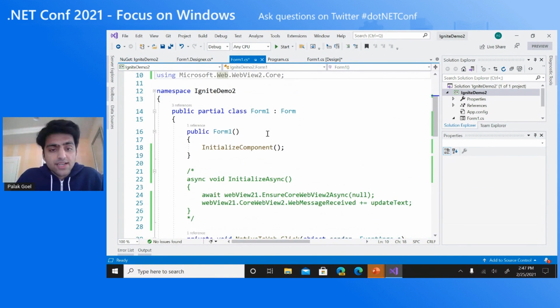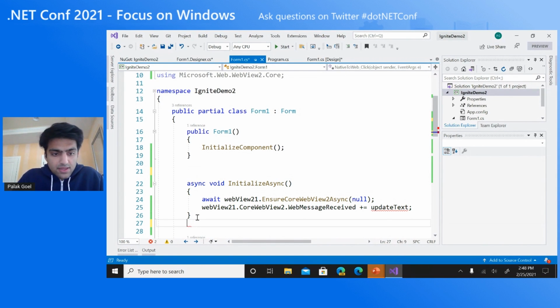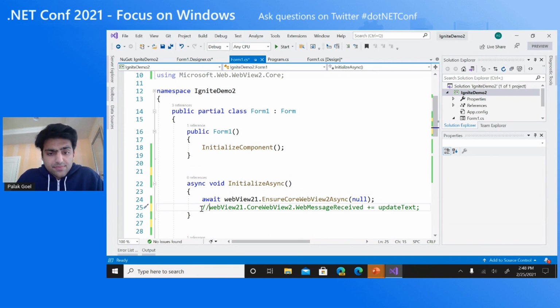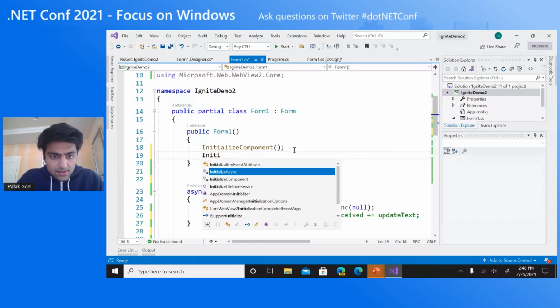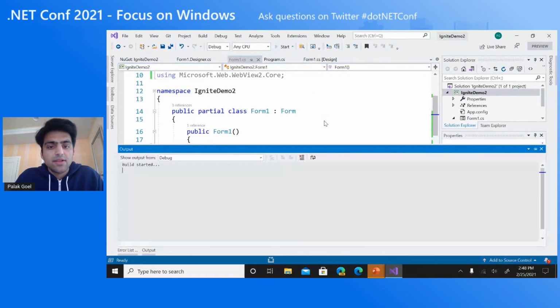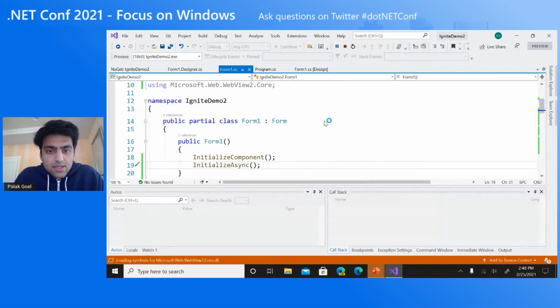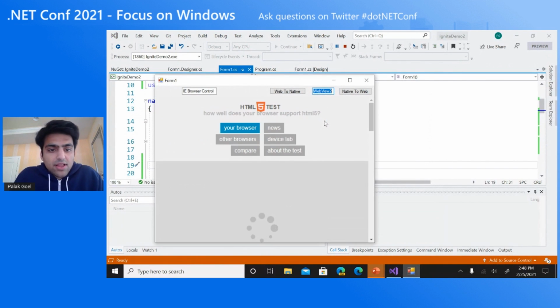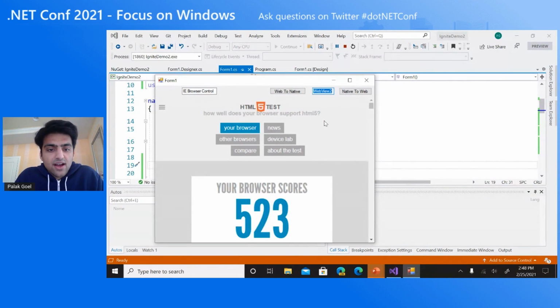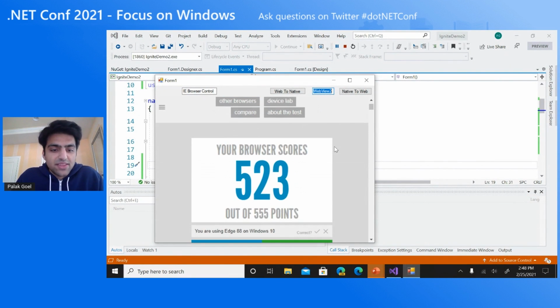And that core WebView2 object is initialized asynchronously. So what I'm going to do is just uncomment this function I've already programmed out. All it does is make sure that the core WebView2 has been instantiated. And I'm going to call that function in my constructor, just like that. Let's see where we're at. I'm going to run this application. So no surprises here. All I'm really doing is still loading html5test.com,